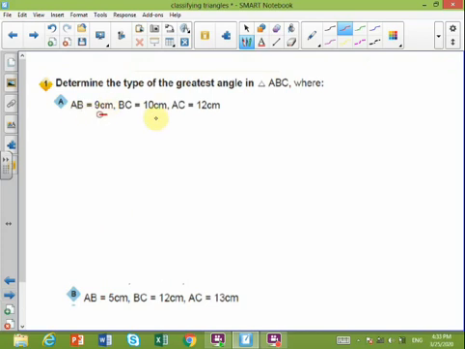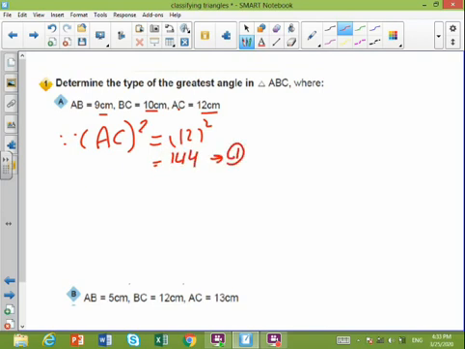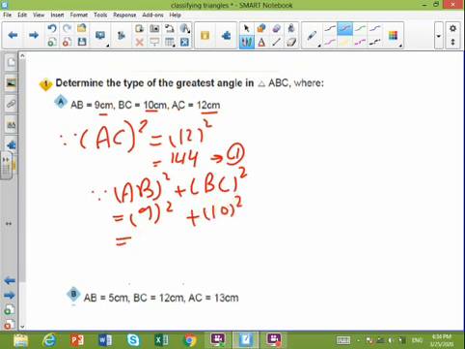AB is 9, BC is 10, AC is 12. So the longest side in this case is AC. And the greatest angle will be what? The one opposite to AC. The greatest angle will be B. AC square equals 12 square equals 144. This is number 1. Since AB square plus BC square equals 9 square plus 10 square, 81 plus 100